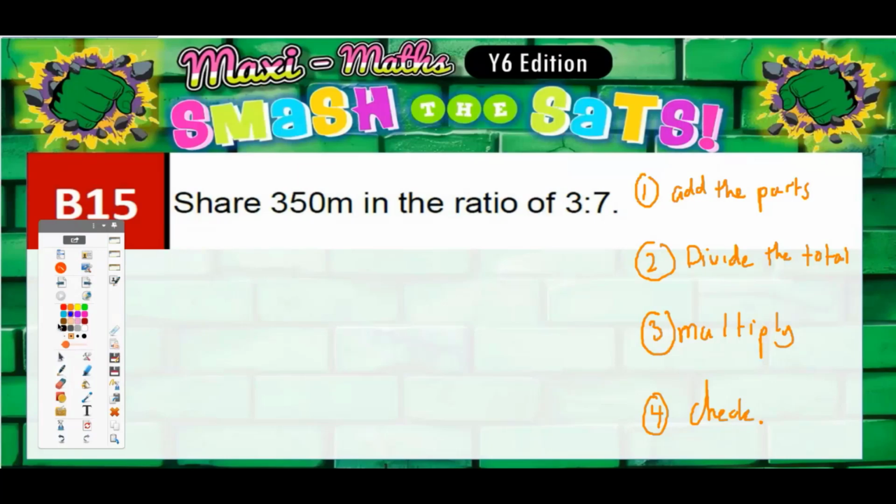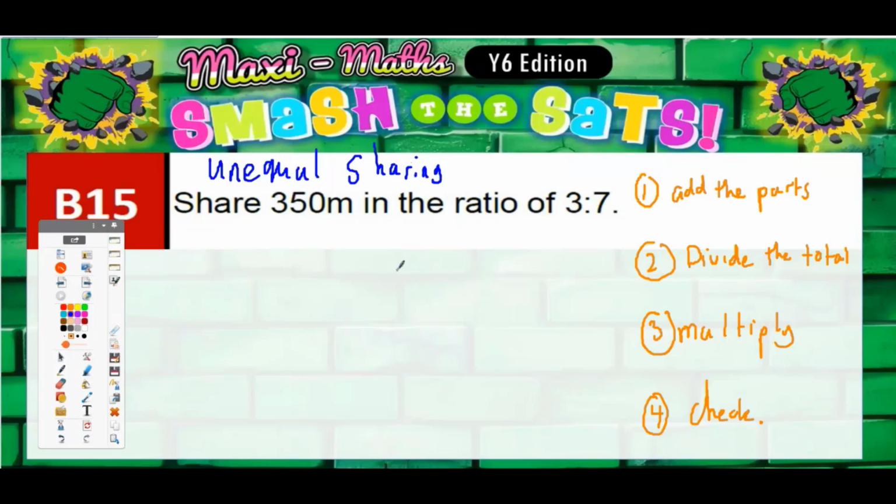Question 15. Share 350 meters in the ratio of 3 to 7. Now, when you're sharing a number into a ratio, it always means unequal sharing. When we're sharing something, we always think of sharing something equally, but with ratio, you can share it unequally. So we're going to end up with two answers and they're not going to be the same because